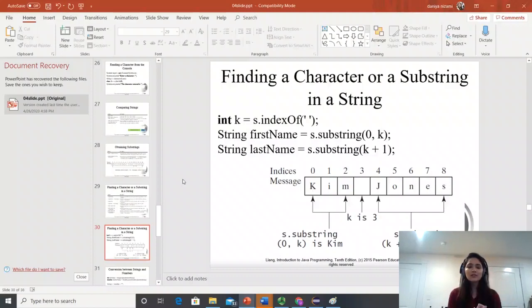If a program asks me to enter my name, I will enter my full name, Sayeda Nizami, and there is a space between them, which tells you as a reader that this is the first name and this is the last name. You have to do the same coding with the machine: tell the machine, look for the space and stop one step before the space. So this is what you are doing.